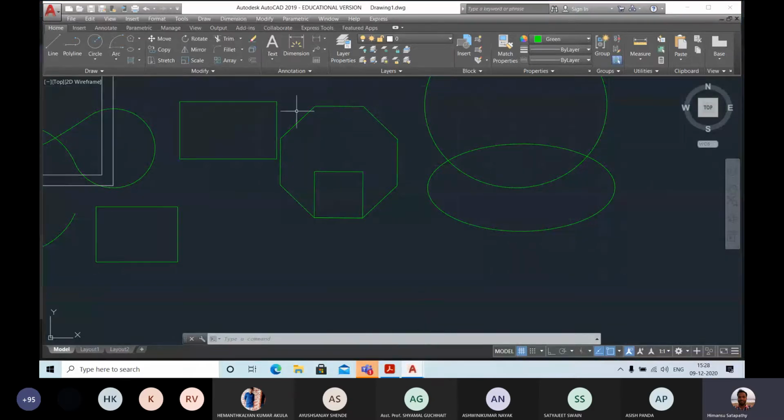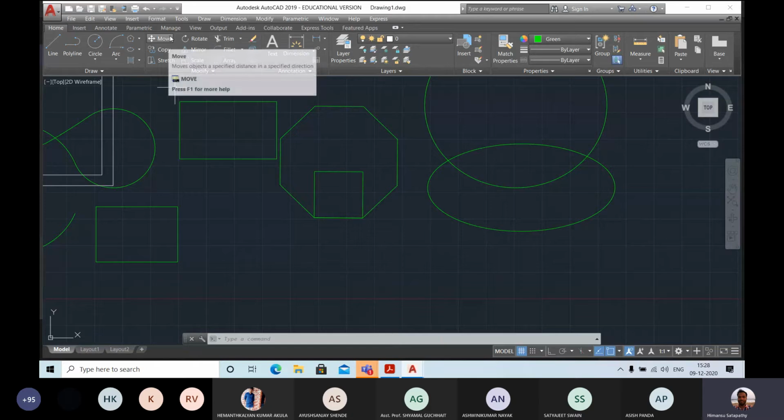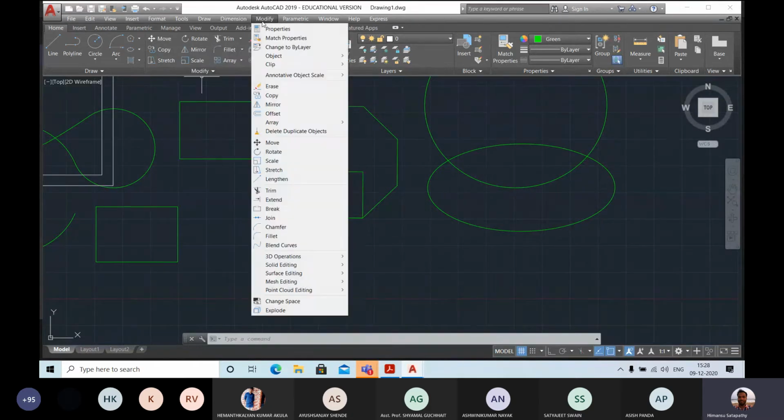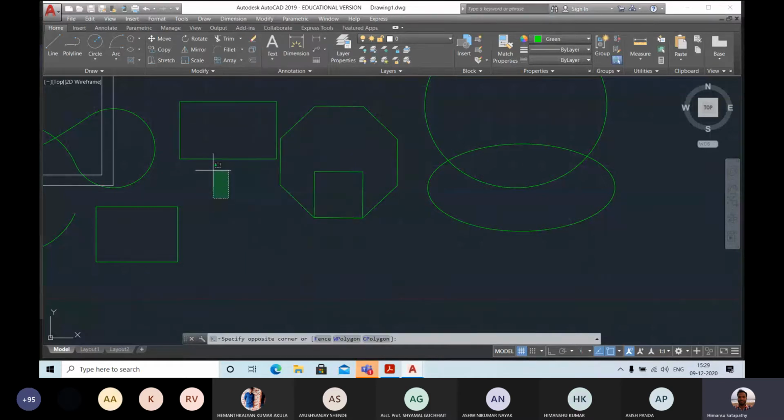So you can go to the modify command. These are the draw commands. You can modify under the modify command. There are many options, like move command, copy, modify. Under the modify command, you can find all the options: erase, copy, mirror, offset, or you can go for the modify drop down menu. These are the modify commands. I will tell one by one. The modify command is a very interesting command.